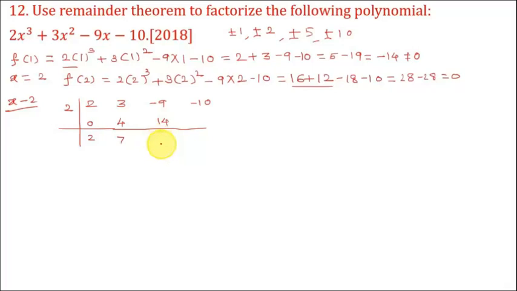Minus 9 plus 14 is 5. 5 into 2 is 10, plus minus 10 is 0. Again there are 3 coefficients. Therefore the second factor, also called the quotient,